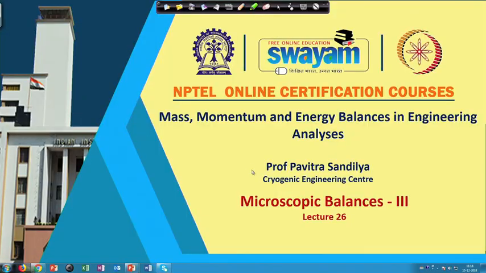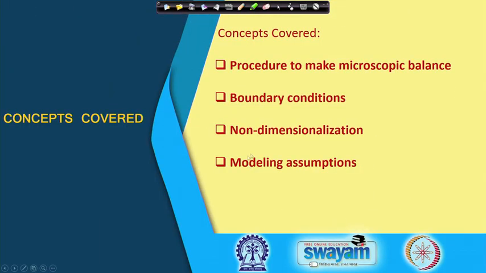So, in this lecture we shall be studying the procedure to make the macroscopic balances for a given system, and whenever we are making some balances to solve the problem, we have to also prescribe some initial